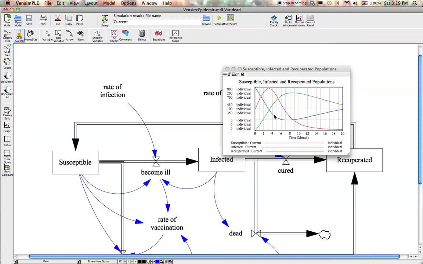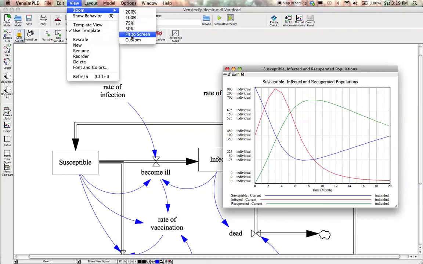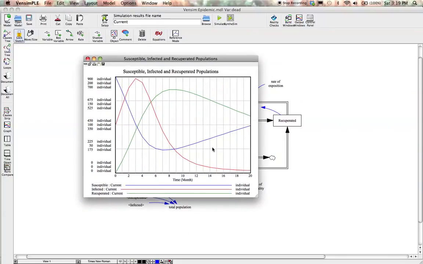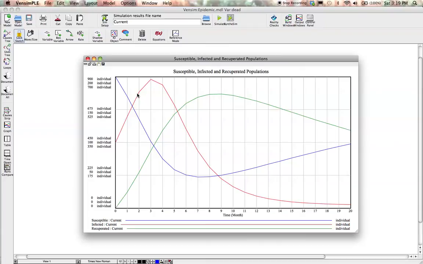For some reason it's not showing, so maybe I can't. Oh, I can make this bigger. Forget the zoom, and let's make this graph bigger. I like this better. And then you can see here the three populations, the three cohorts, and